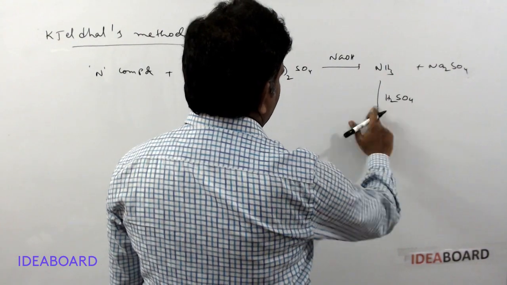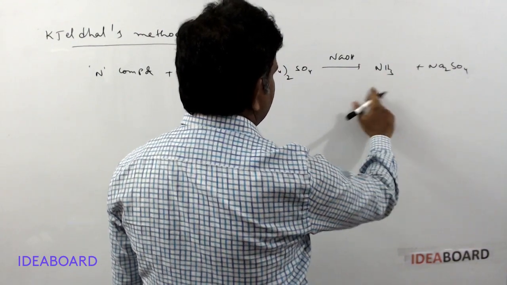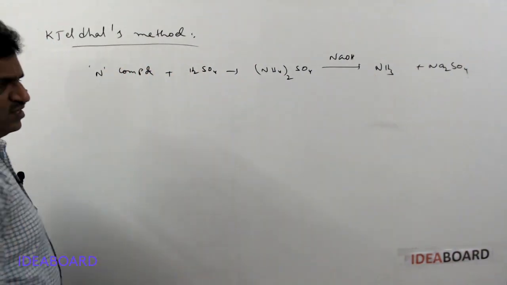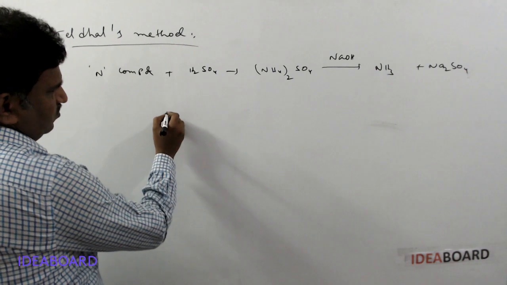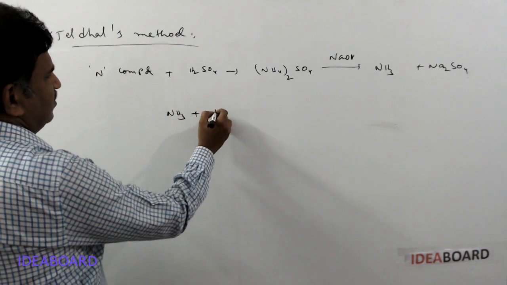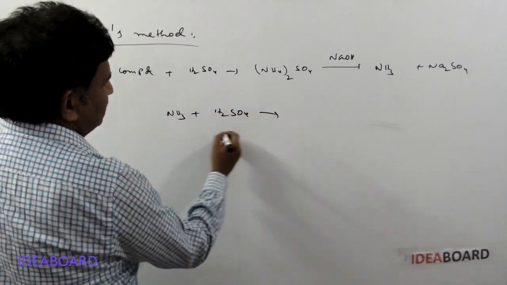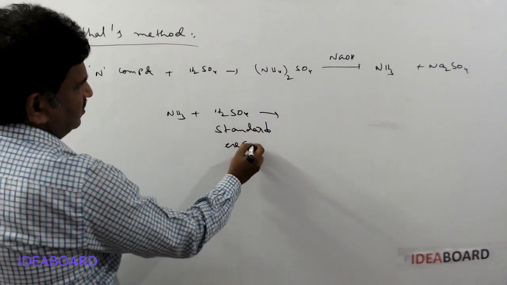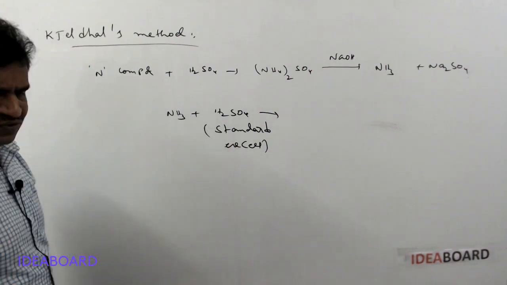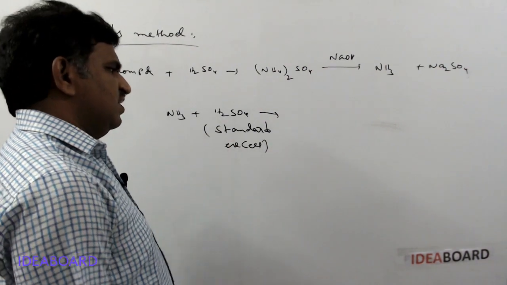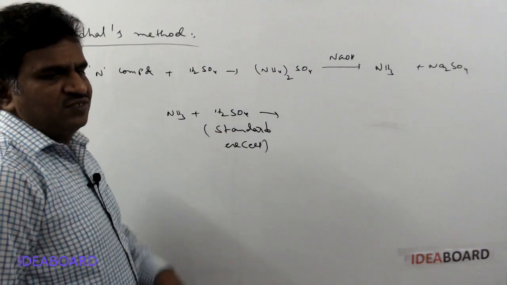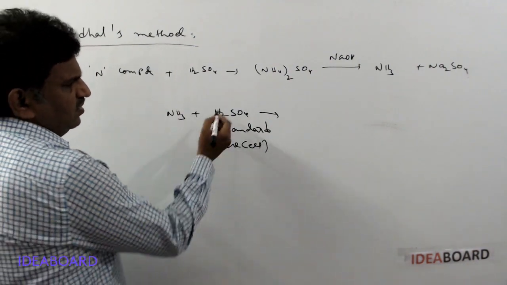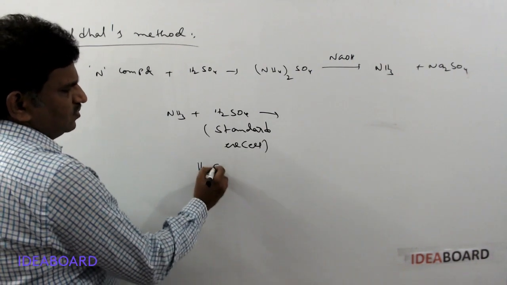So the formed ammonia, if you know the amount of ammonia formed, then we can calculate the nitrogen present in that compound, and the ammonia can be absorbed through a standard solution. Here a standard excess of solution is taken. Excess of standard solution is taken, by that we can calculate. But how much sulfuric acid is absorbed in this process can be estimated by treating